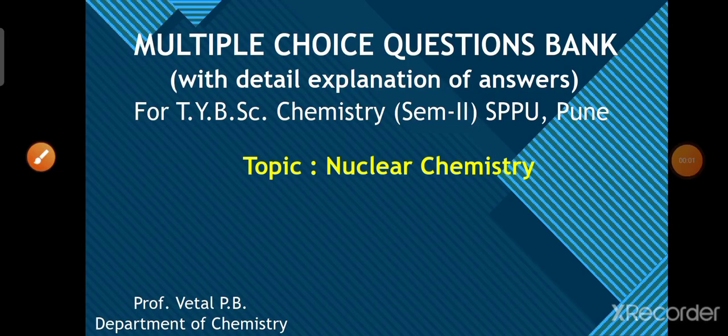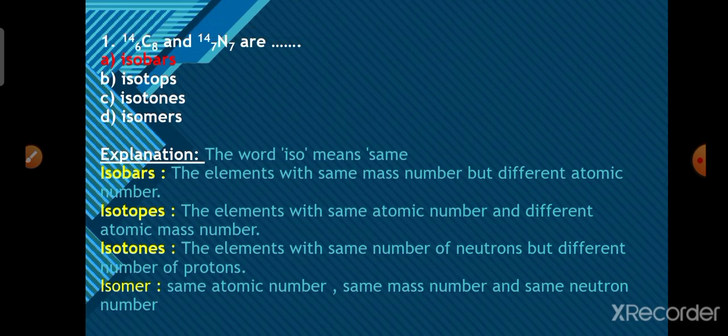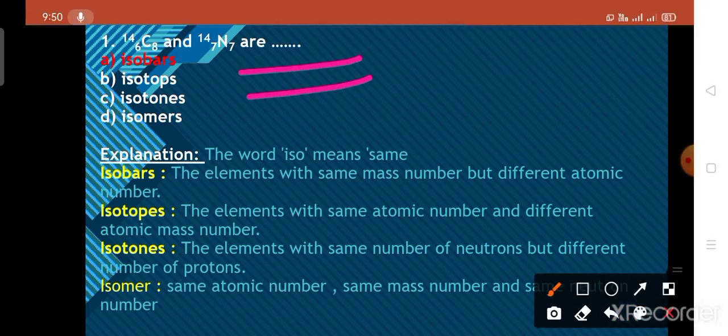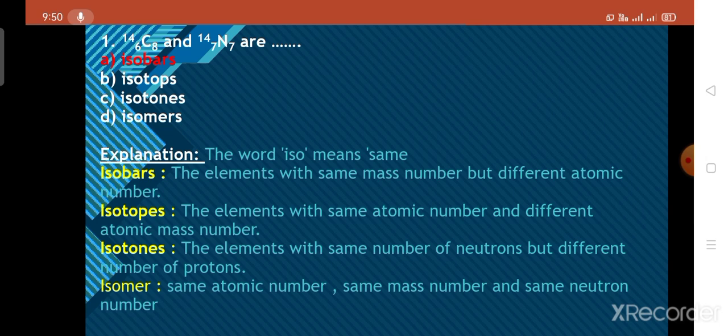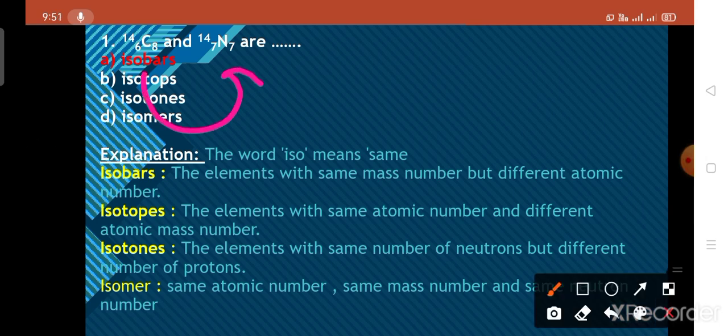Everyone, in today's lecture we will discuss the MCQs of the TY Basic Chemistry on the topic of nuclear chemistry. The first MCQ: carbon and nitrogen are. The first option is isobars, the second option is isotopes, the third option is isotones, and the fourth option is isomers. Here in these examples, the mass number of carbon and nitrogen is the same,